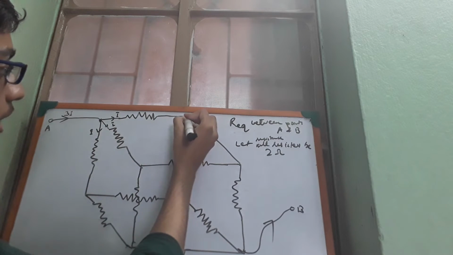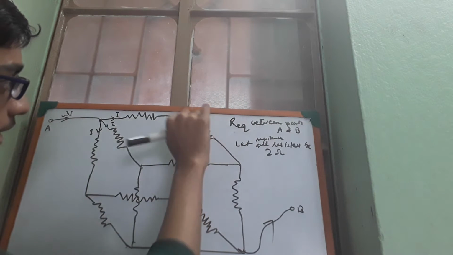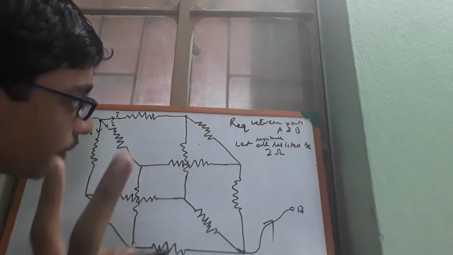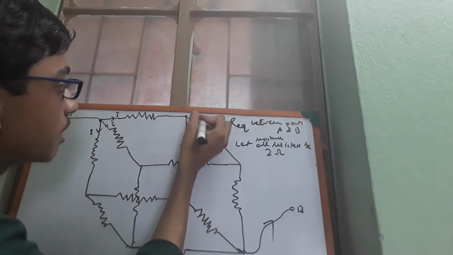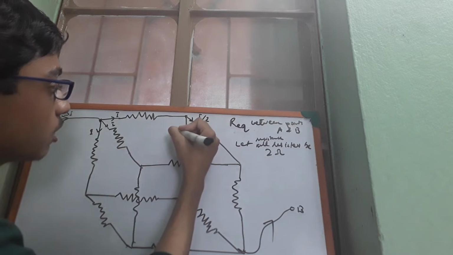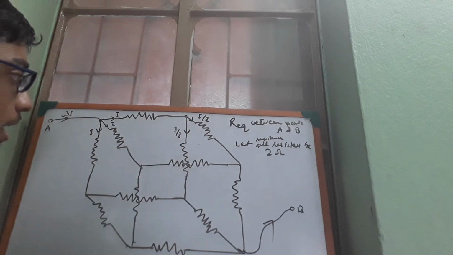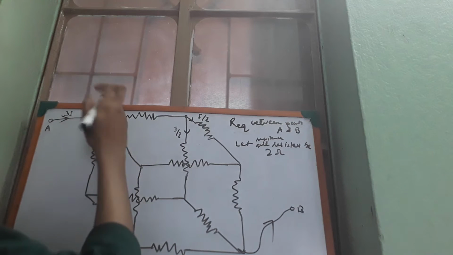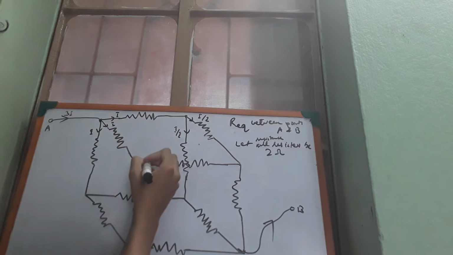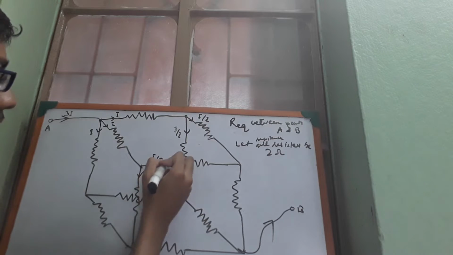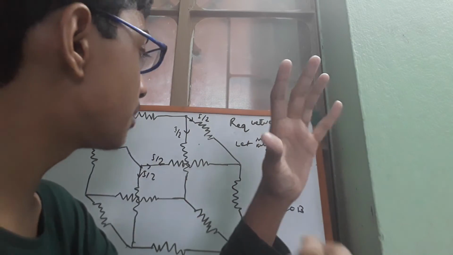Now at this point it has two paths to go, only two paths in this case, this and this. And both the paths again have equal resistance. So at this point the current will become I by 2 and this current will also become I by 2. That's why I drew a big diagram. Consider this I here. At this point it has two paths, I by 2 and I by 2 again, because the current will be dividing into its equal parts, because these are parallel resistors.